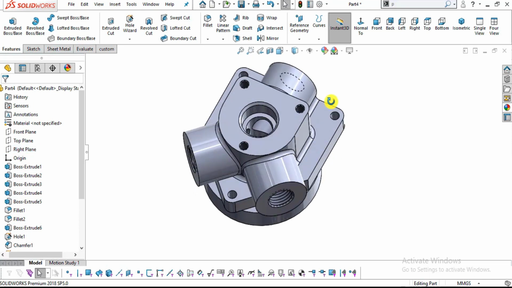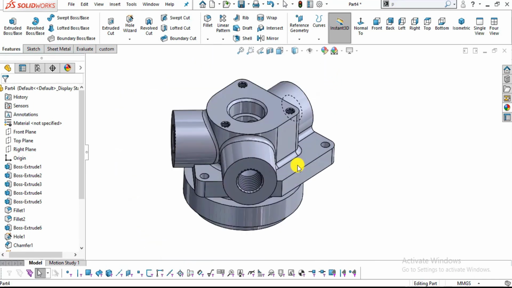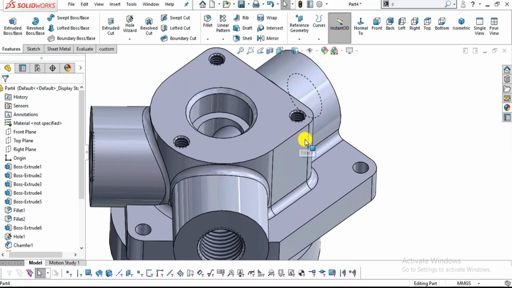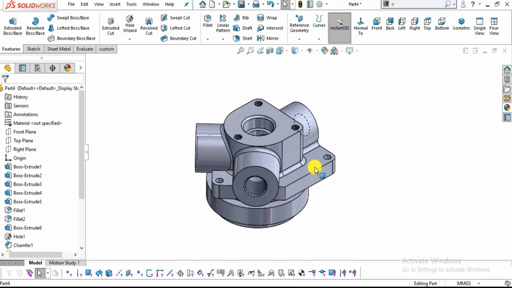Now in this way you can create this advanced level of part with the help of some basic commands and